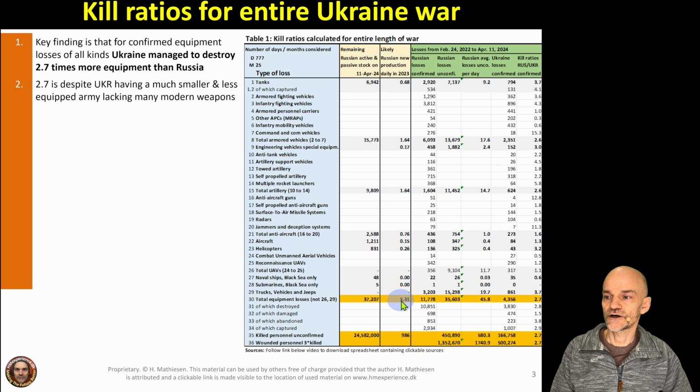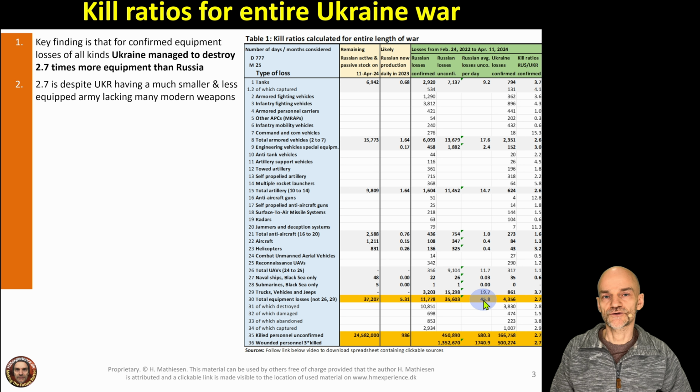Russia is drawing down their stocks that are quite substantial. They still have 37,000 pieces of equipment left in their stocks. So how many days would remain if we assume that Russia will keep losing 46 pieces of equipment every day? Well, if we multiply by 100, that would be 100 days. Then Russia will lose about 4,600 pieces of equipment. That is something they can easily do because they have 37,000. But what about 1,000 days? That's almost 3 years. Well, that would be 46,000 equipment losses.